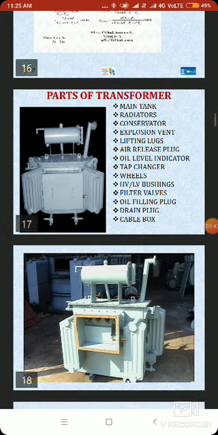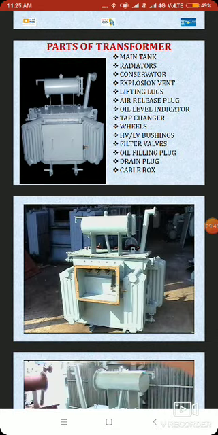Now coming to the first part. In this we are trying to show the terminal box on the LV side. As I already covered in the earlier slide, it is DYN11, so the LV side is star and the HV side is delta. The HV side is delta where the 11 kV is coming in, and from this the LV side, the 415 volt, is the output, and we have a neutral. This is just to show how the terminal looks.